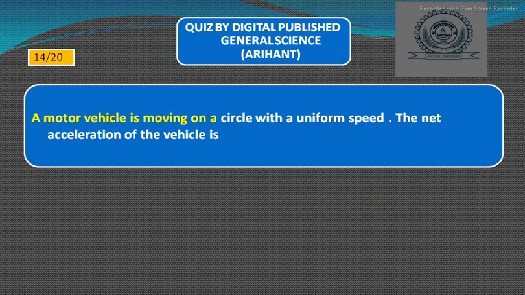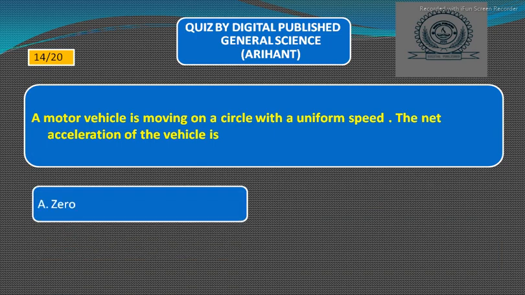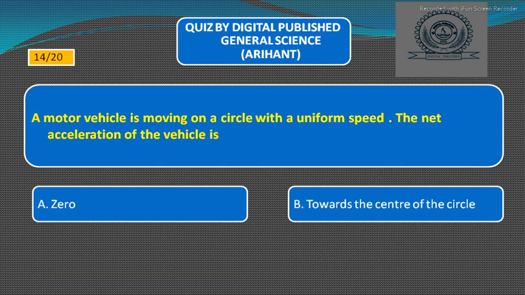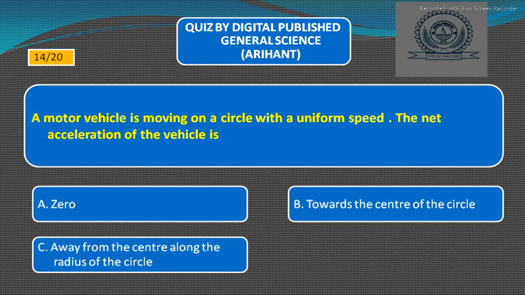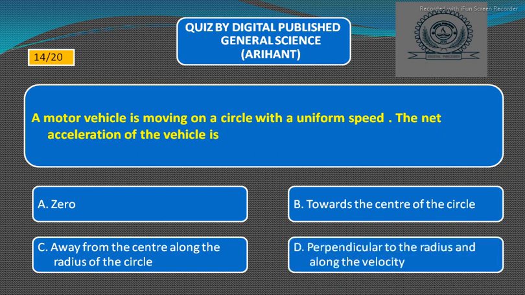A motor vehicle is moving on a circle with a uniform speed. The net acceleration of the vehicle is option A, 0, option B, towards the center of the circle, option C, away from the center along the radius of the circle, option D, perpendicular to the radius and along the velocity. So the right answer is option B, towards the center of the circle. Next,